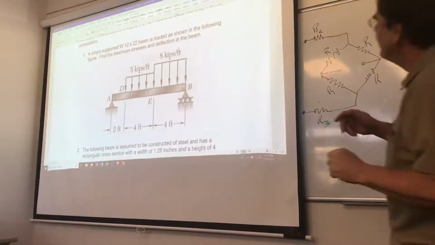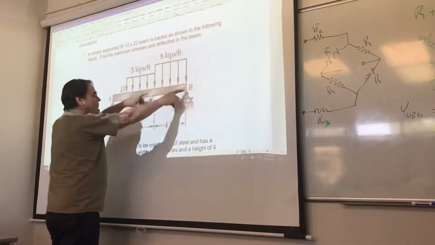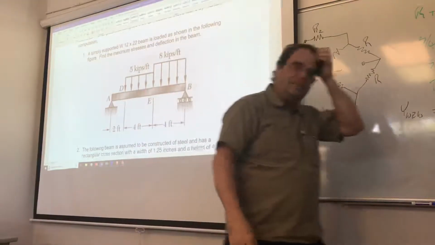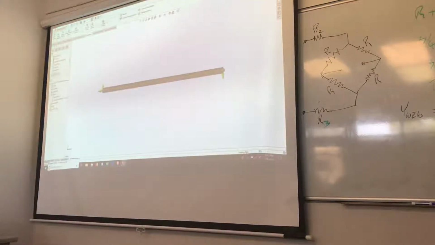So okay. What are we doing now? It looks like we got to move over here. We got 4 foot of 5 kips load and 4 foot of 8 kips load. Okay, and so I go over to my model and I go, okay, let's put some loads on here, and I want to put a force, and it goes, well, I've got a choice of vertices or points, or I can put it on joints, or I can put it on the beam. So I go, I'm going to put it on the beam, and it looks like when I click on the beam, I get the whole thing,